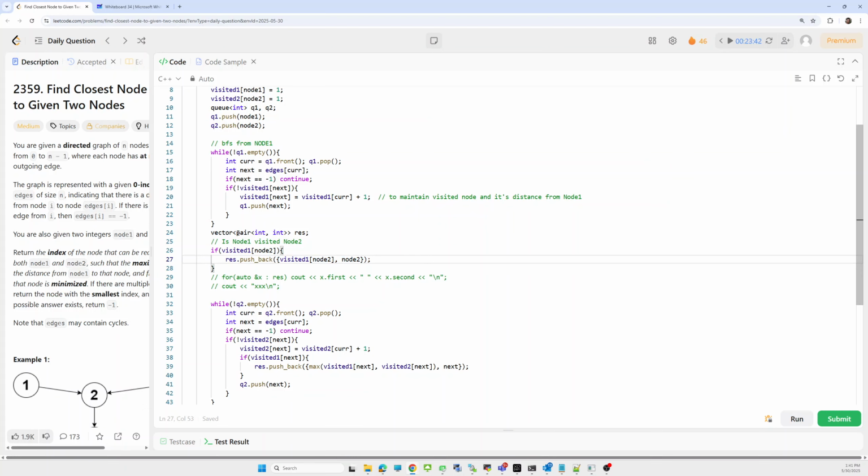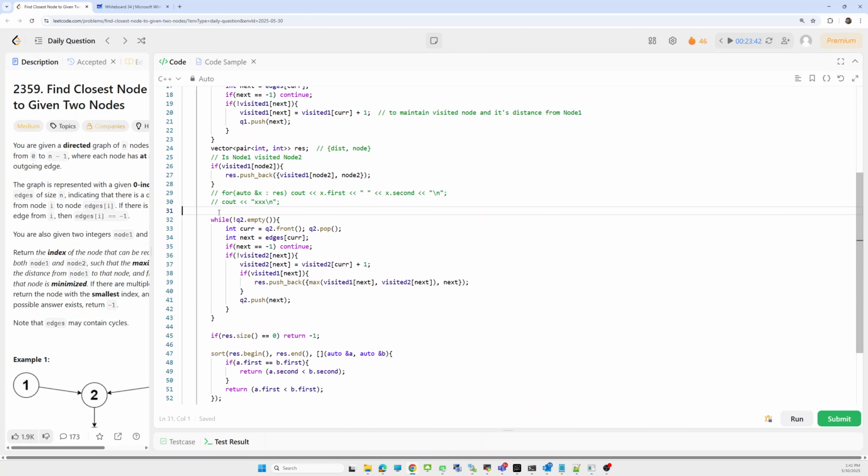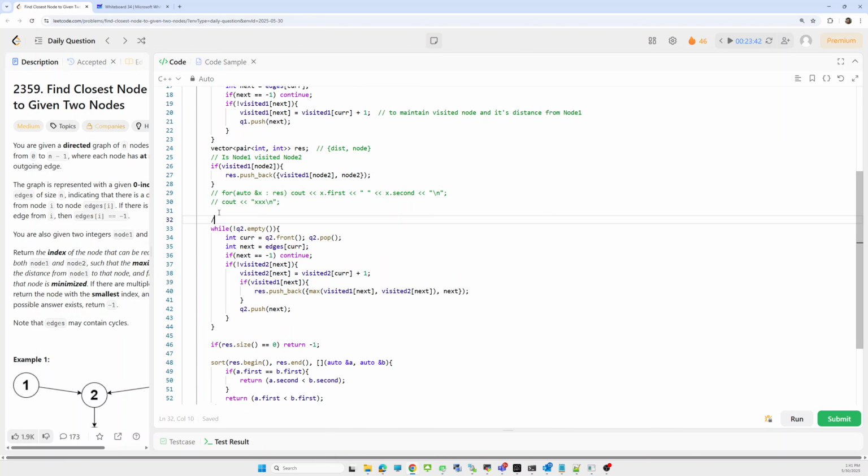Here we are taking a list of pairs. In that list of pairs, we store distance comma node value. So we push the current distance of reaching node 2 from node 1 and the node value. Else, we now apply BFS on node 2.